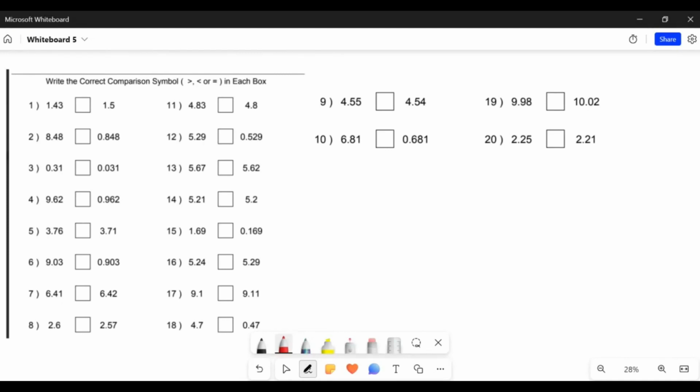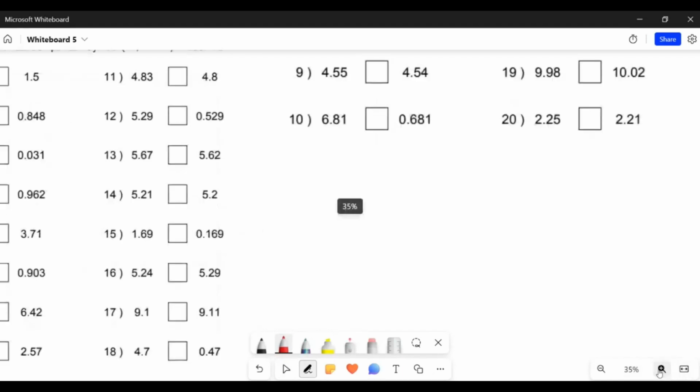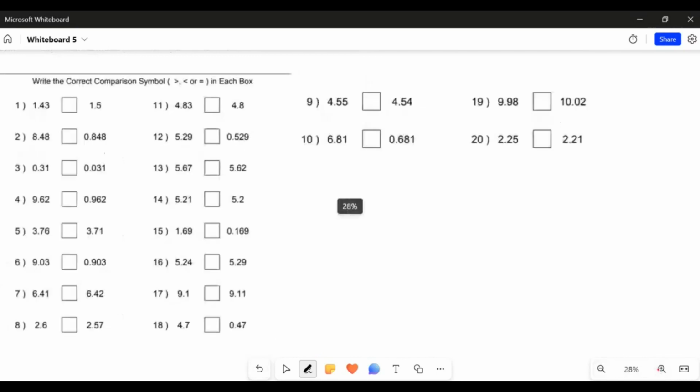If you want to write them again, I like to just look. So if we zoom in here a little bit. It's not going to let me do that. All right, so we have